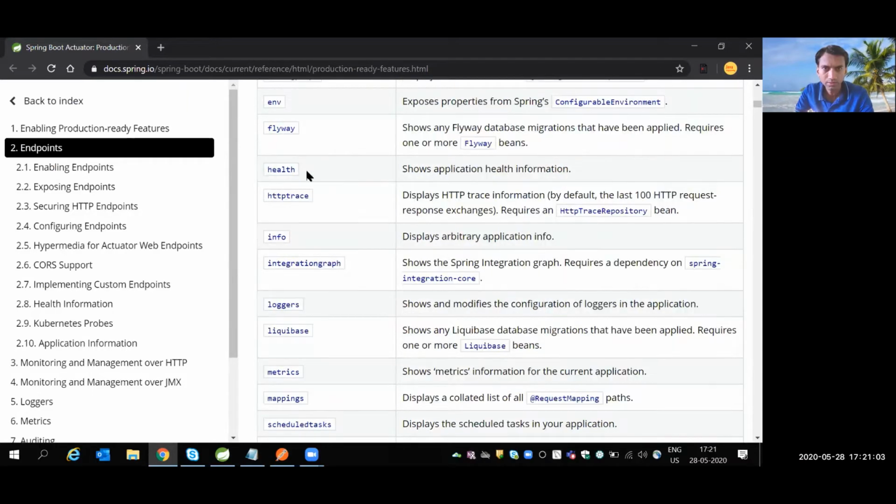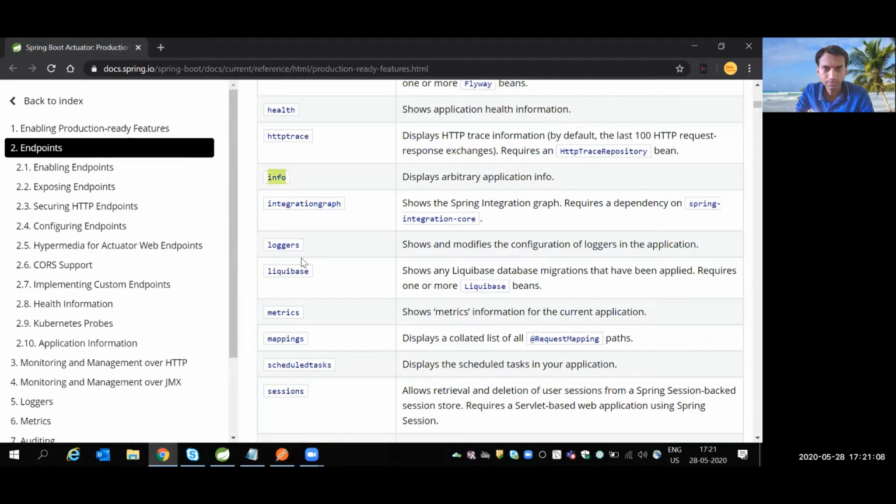What is the health of the project, whether it is up or down? Information on the project, and metrics of the project. Say, for example, I'm sending the request 10 times and all 10 requests were successful, so 200 status. That is one example of the metrics that you can view.